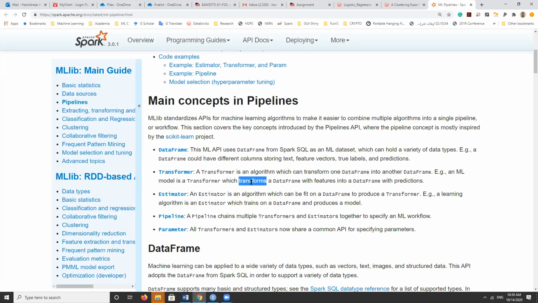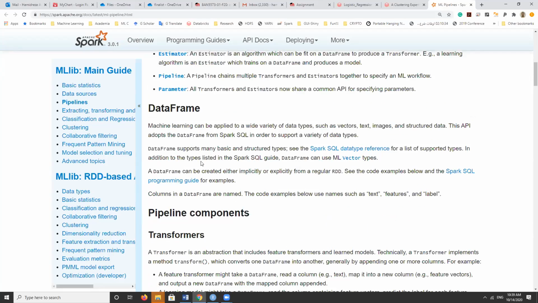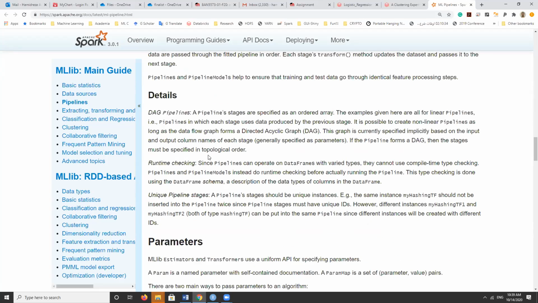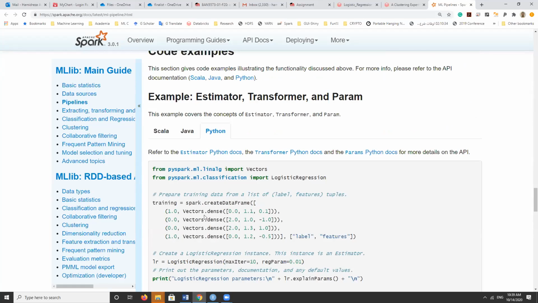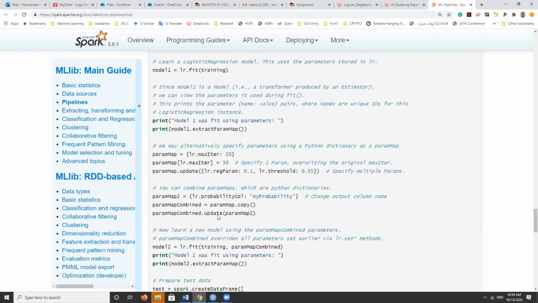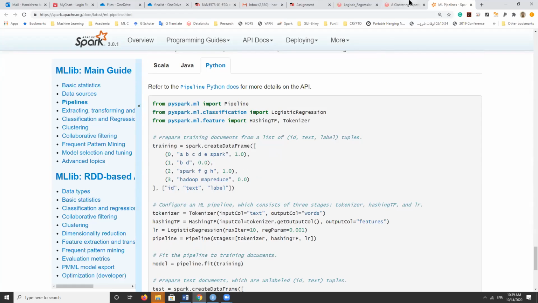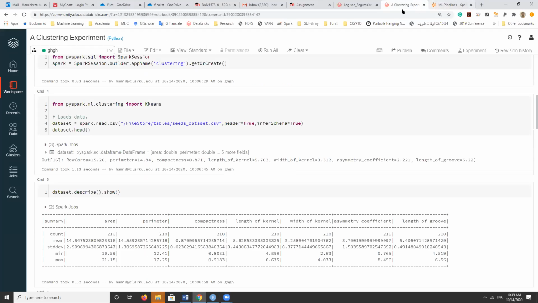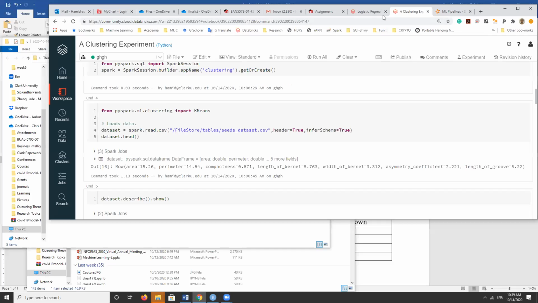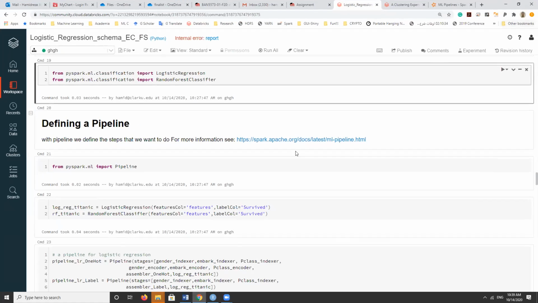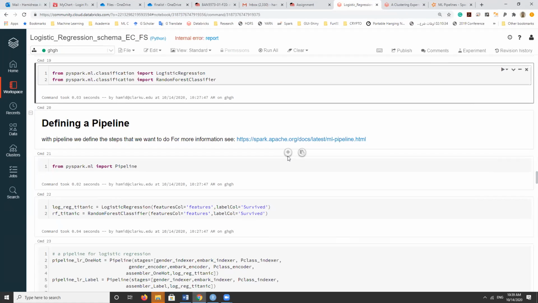So as a part of your reading assignment, please go over this pipeline page. It gives you further explanation and also has a very good Python example that you can do step by step and understand further about pipelines. But as a summary, we just first define the steps, and